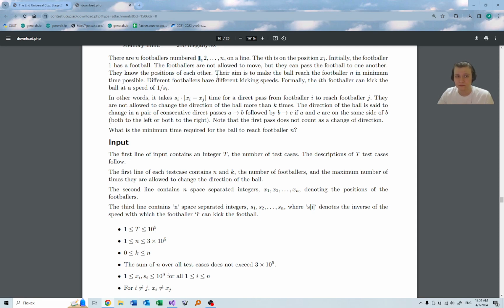So that's basically it. We have two convex hull tricks. Unfortunately, though, it does not keep track of changes of direction, and basically you can just add a new dimension to your dynamic programming, which is the number of kicks, with the number of changes of direction. However, this is not good because